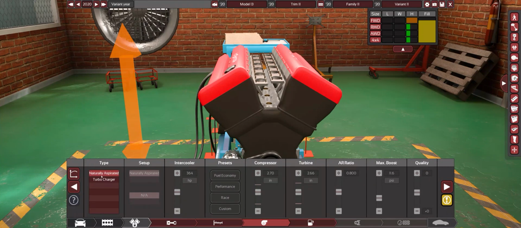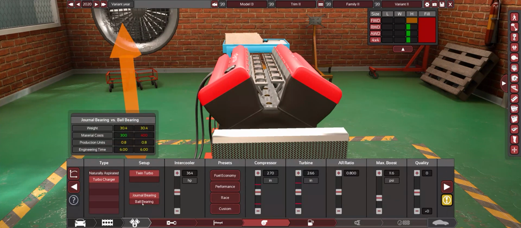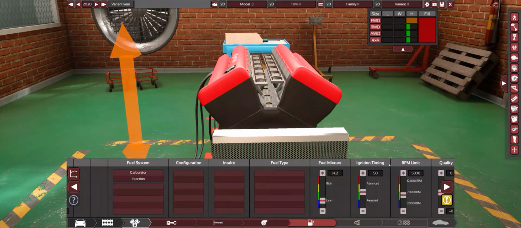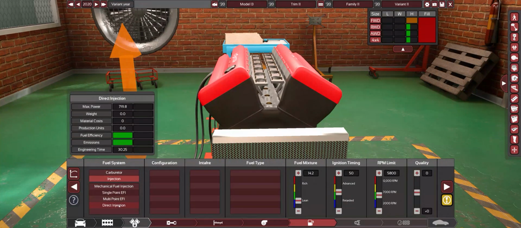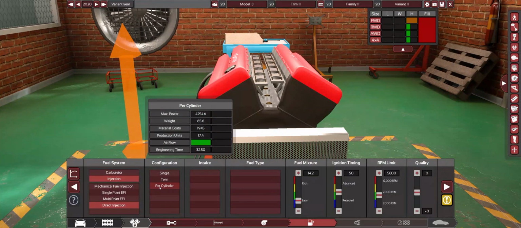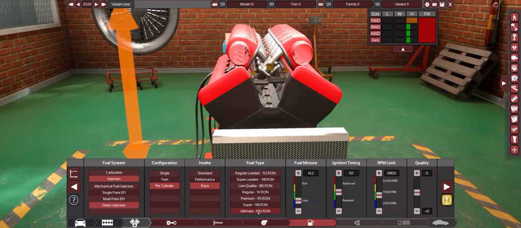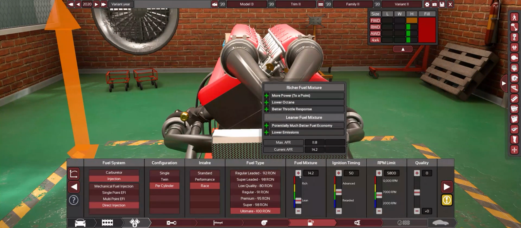Quality, increase. Turbocharger, ball bearing turbocharger, and then I'll mess around with this stuff later, but for right now we're just going to leave it where it is. Higher quality. Injection, direct injection. They should also have an option for dual injection. That'd be cool. Okay, per cylinder, race intake, ultimate fuel, and for the fuel mixture, increase this a little bit